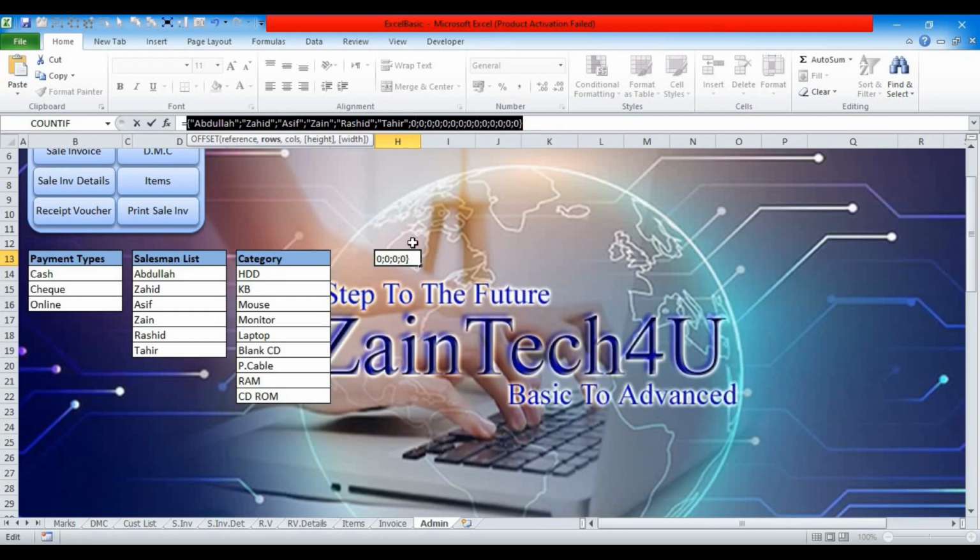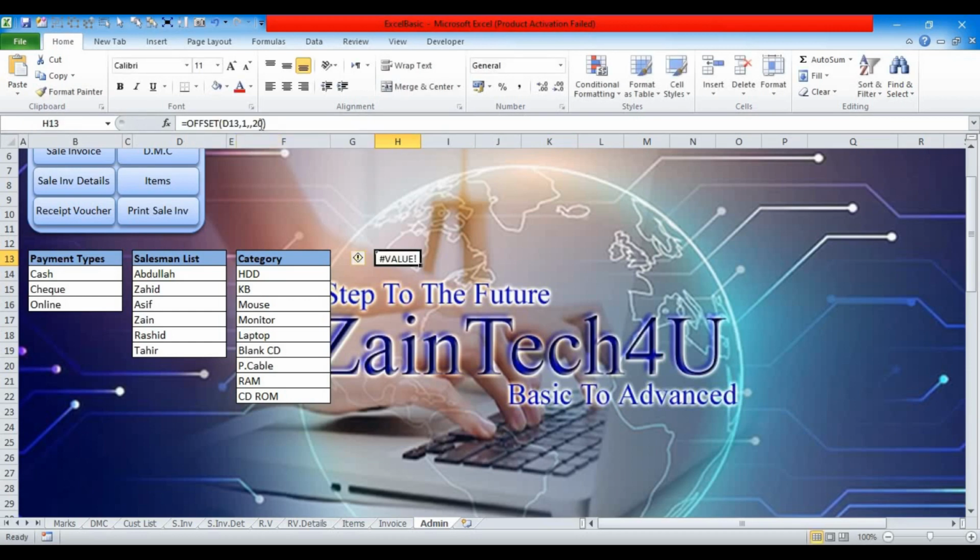And to remove this, what I have to do is this height. The counting of this height should be dynamic. And how to do it? We will use another formula that is called CountA. And previously also I've used it. Let me show you. I'll just type here